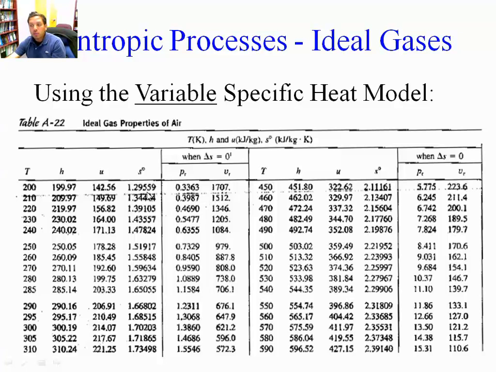Remember that PR is just simply e to the power of S0 divided by R. You can do the calculations yourself. You can take S0 divided by R, which is 0.286, and take e to the power of that, and you'll find PR. And you can also do the calculations yourself for VR. VR, remember, is T divided by PR. 250 divided by 0.7329, and so on and so forth. It will yield VR. Okay? Those values can be extracted uniquely as a function of temperature, but they're only useful for isentropic processes. Only for isentropic processes.